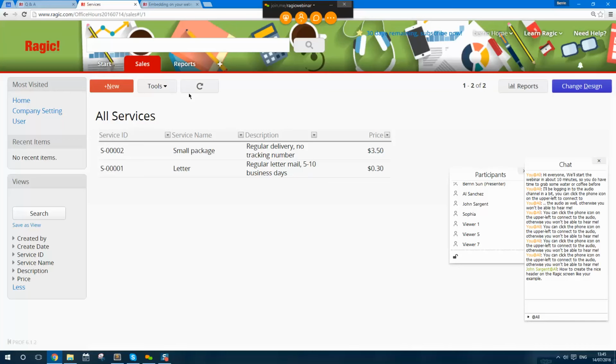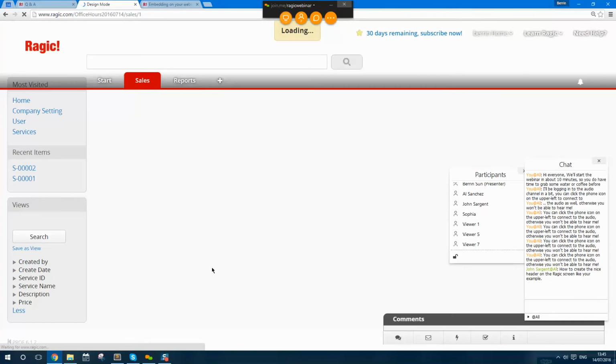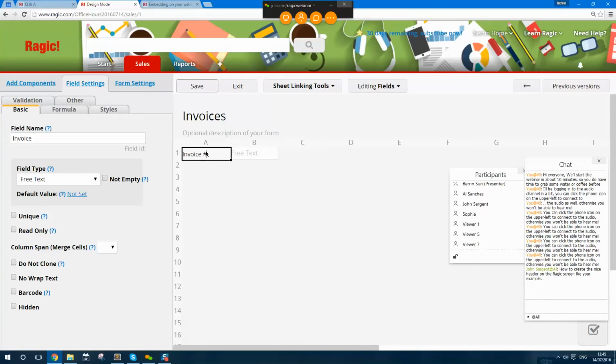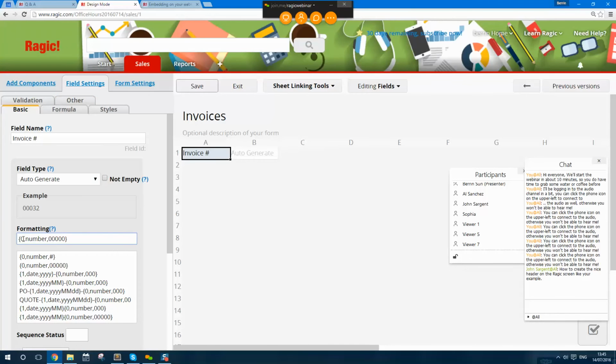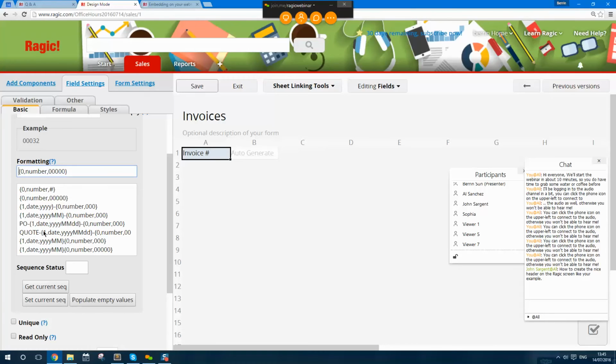Alright, so moving on, we will need an invoice sheet, you said. So invoices. I'm not going to add the customer details because it's going to take some time, but I'm going to do a similar thing that we did just now. I'm going to create an auto-generated invoice field with the prefix. You can see that I have some pre-formatted options here. The quote, I'm just going to change into invoice, and you can see from the example that it will show the year, month, date, and then generate a number accordingly. So I think this one is appropriate for an invoice number. Okay,